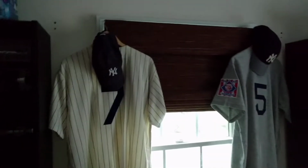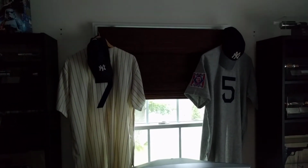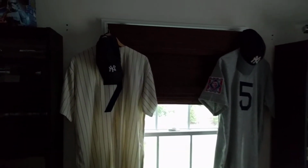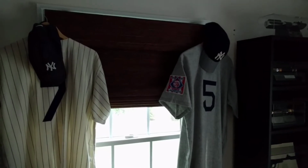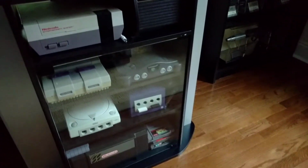Moving over here, these Mitchell and Ness jerseys I hung up on this window. 1951 Mickey Mantle, 1939 Joe DiMaggio. And then this is my retro gaming station here. Got the CRT TV from Craigslist for $20. Perfect for these older game systems. And then moving on, some more